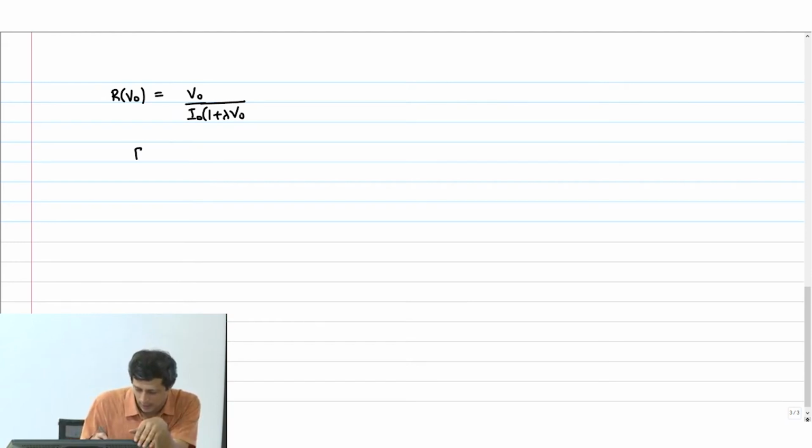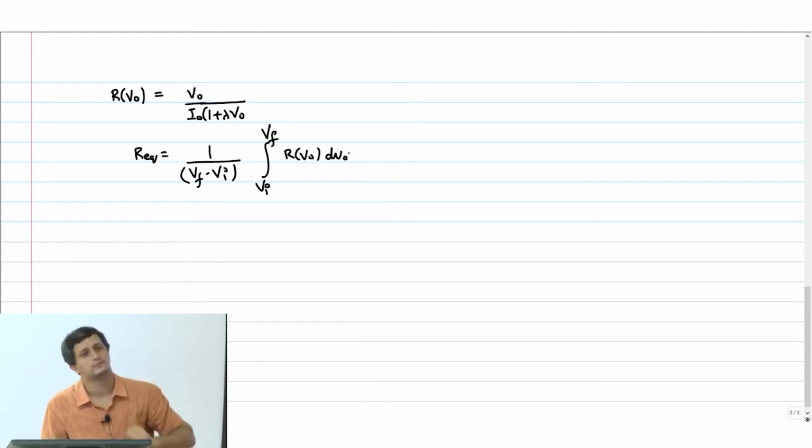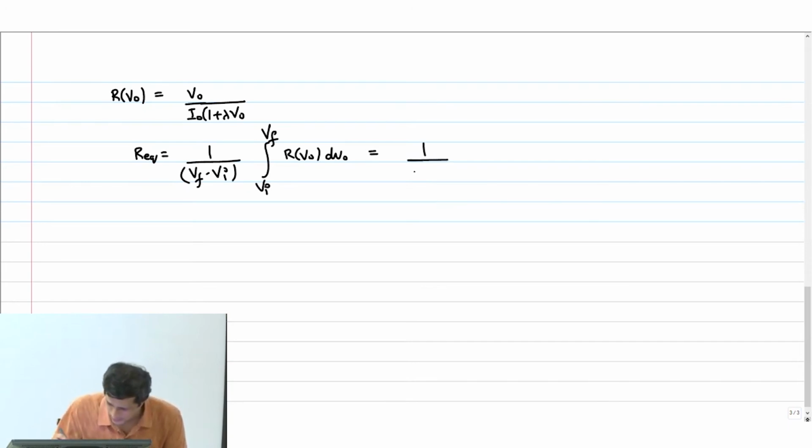So I'm saying that R equivalent is defined as 1 over V final minus V initial, into the integral from V initial to V final of R of V naught dV naught. That's what I'm defining as the average resistance. Okay. So this I will now write as minus VDD by 2, because VF is VDD by 2, VI is VDD, and so I'm going to write this as the integral from VDD to VDD by 2 of V naught by I naught,